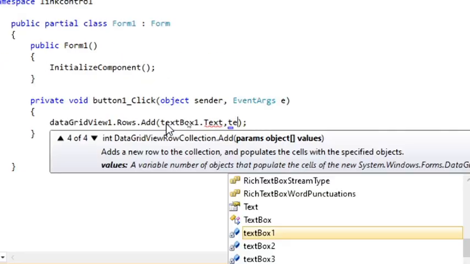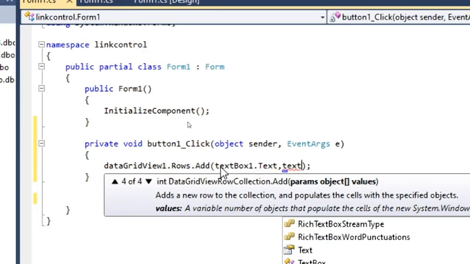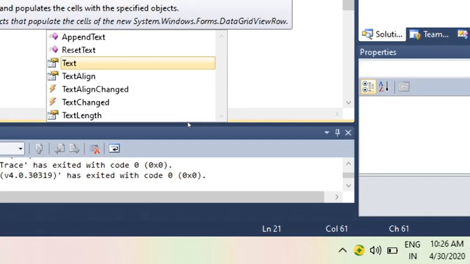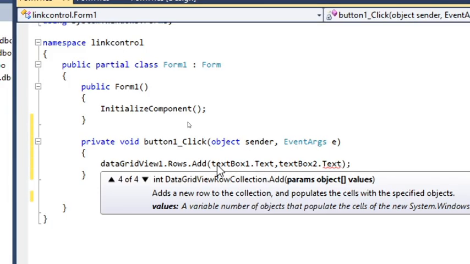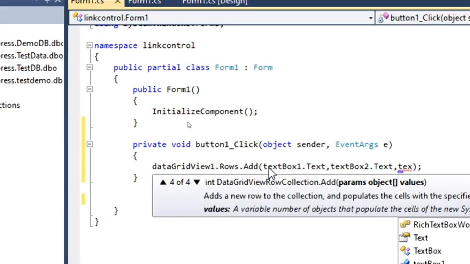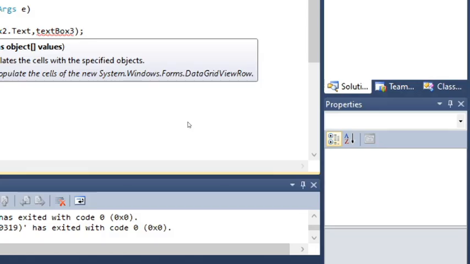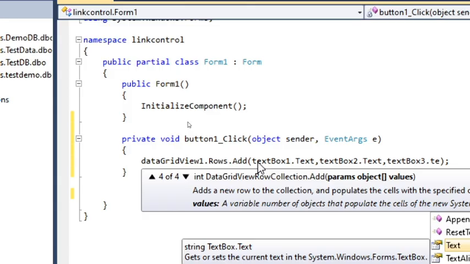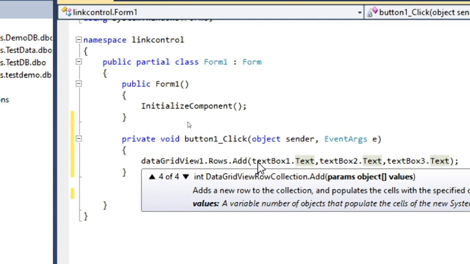Similarly, I want textBox2.Text. Similarly, I'll also add textBox3.Text.